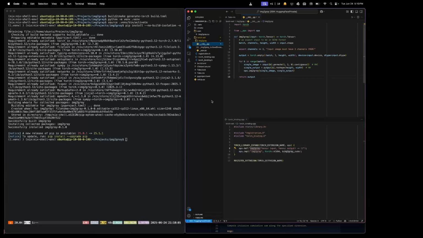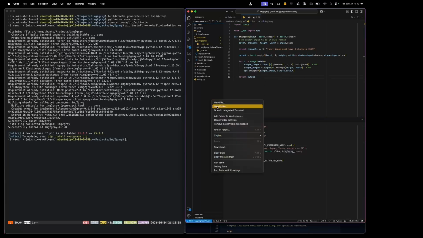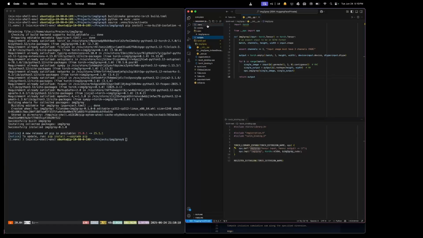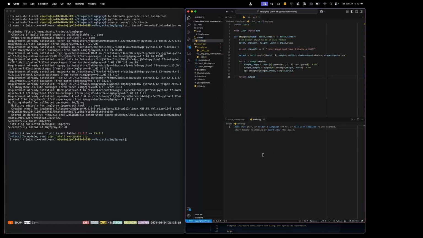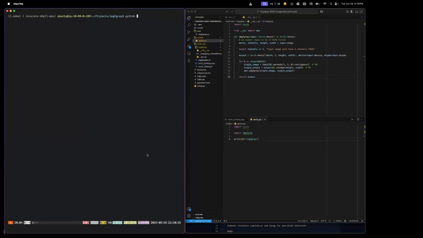Great. So now let's make a new folder called scripts. We'll have a file called sanity, just for checking. Let's put it down here. And in this file, we'll import torch. Then we'll import our new image to gray library. And let's just print all of the things from image to gray and see if there's anything of value. I'm not sure this will work. We may have to rebuild, but